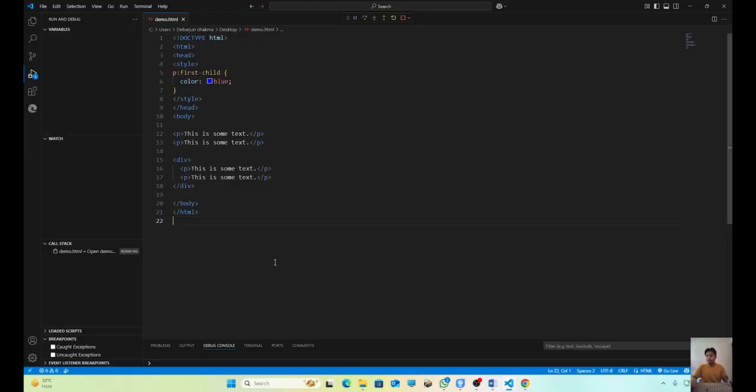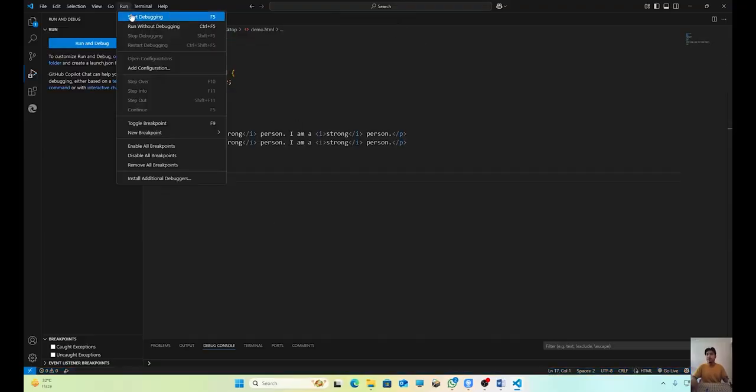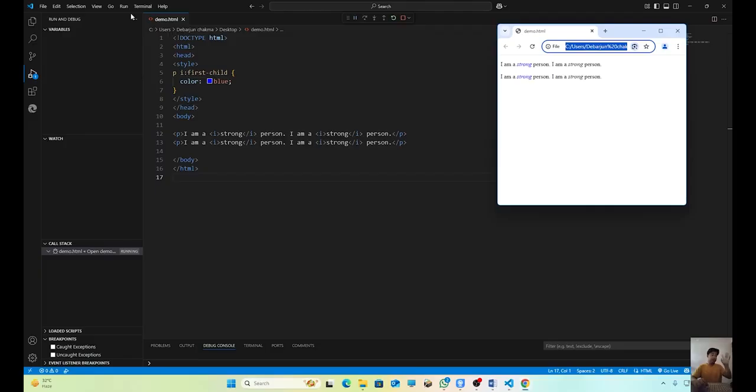CSS is fun if you understand it, because without understanding anything you can't just do anything. Okay, now for I, we know that I means italic. That's why it is in italic font. So why is it targeting only the strong, or I can say I, because we have selected this P, inside P italic, or you can say I, first child,